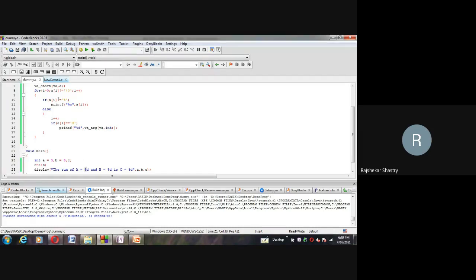So because of A of I, whatever that I is, what is that I? 0, 1, 2, 3, 4, 5, 6, 7, 8, 9, 10, 11, 12, 13, 14, 15. So when I becomes 15, then A of 15 is the percentile symbol, which is equal to percentile. So if the condition is false, it will go to the else part.